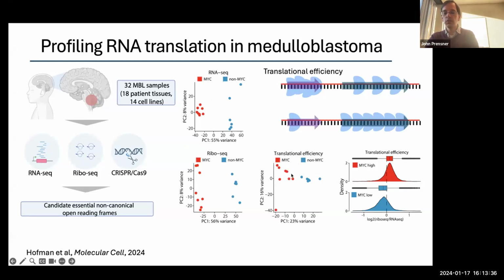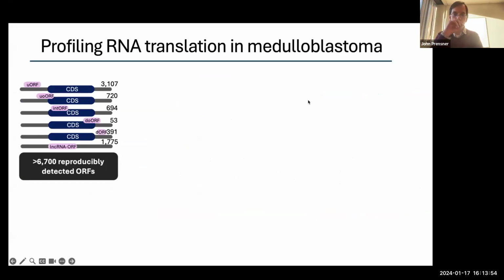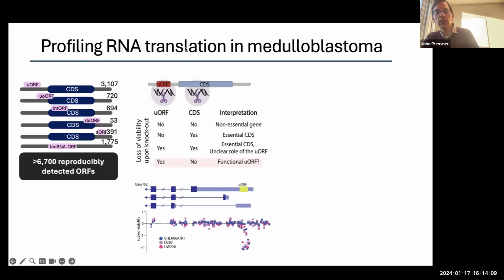So we do think that there are strong mechanisms driving this in this disease. And if you look at the overall translational efficiencies, you'll see that in the MYC-driven cases, it tends to be compellingly increased compared to the MYC-low cases. So this was interesting to us, and we can parlay this information to think about translational regulation of some of these non-canonical reading frames, where we could easily detect some thousands of them in these medulloblastoma patient samples. We could use this information to think about studying them in the context of disease and disease subtypes